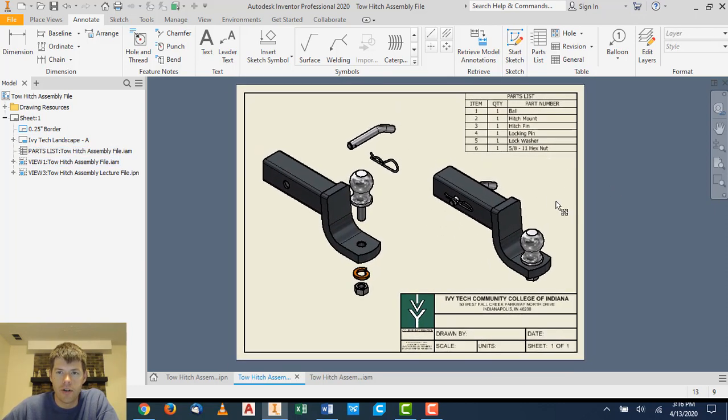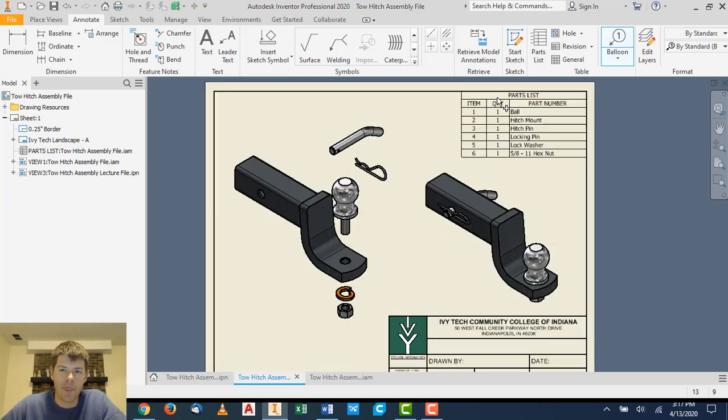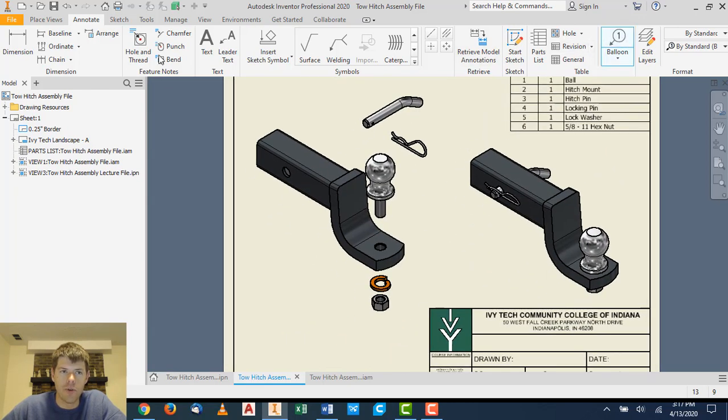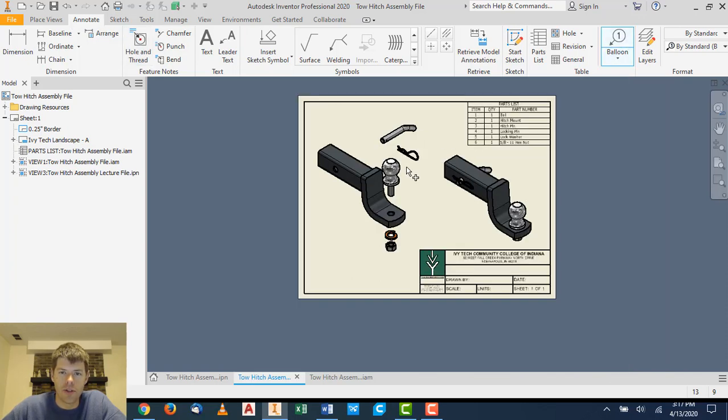So to finish our assembly drawing now, let's go to the balloon tool. This is my favorite part of this always. I don't know why. It's just kind of fun for me when I get to the very end. You've done all this work and you get to go through and number these parts. So we're going to put a note balloon on each one of these individual pieces that matches up to our parts list. So you hit the balloon tool on the annotate tab,